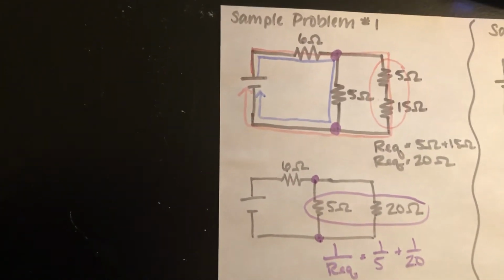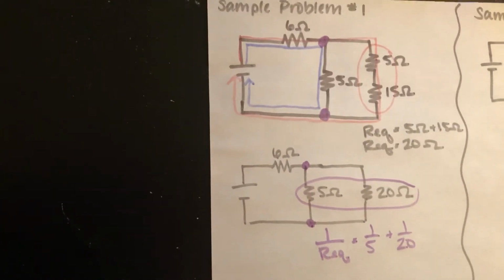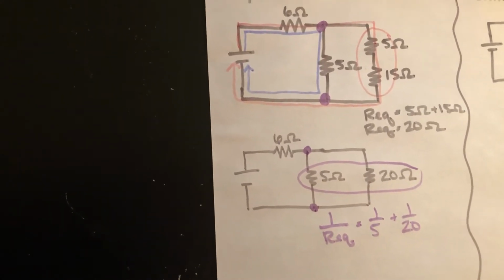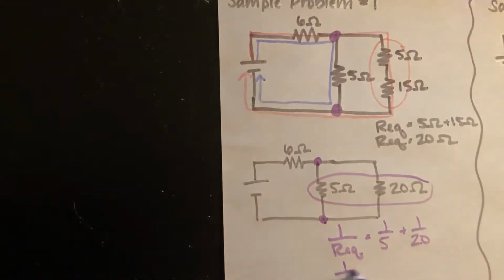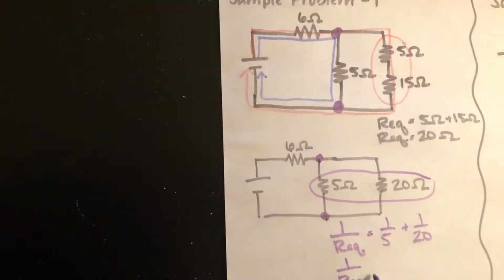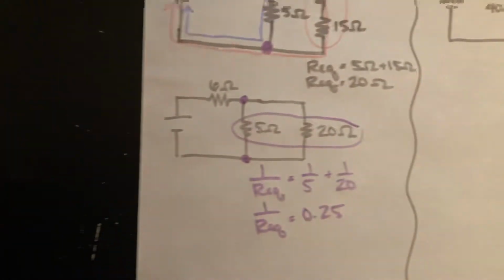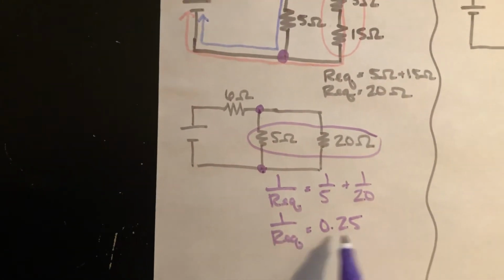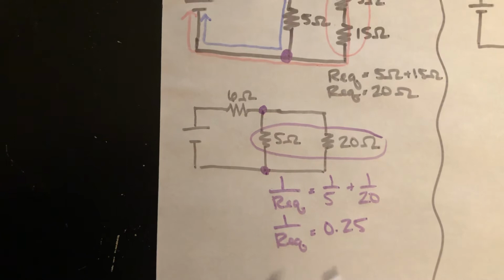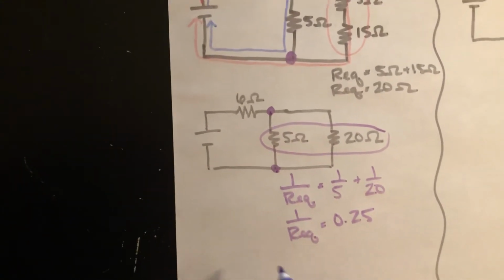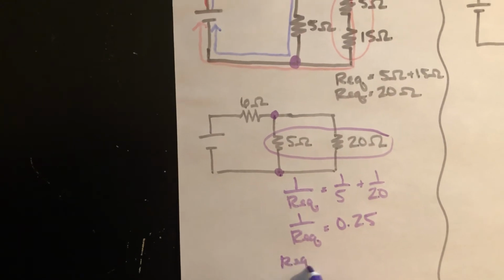plus 1 over 20. And when I do 1 over 5 plus 1 over 20, and you can just put this directly into your calculator, you'll get 1 over equivalent resistance is equal to 0.25. Now that does not mean that I am done there. That's not my equivalent resistance, this 0.25. 1 over my equivalent resistance is equal to 0.25,